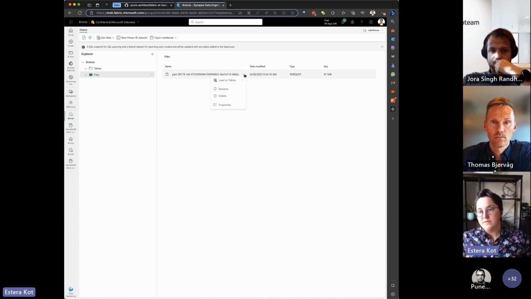That's why there is one feature that I really recommend you to use. If you code, you can do that from the code. If you don't, you can use it just as an option here. And the feature is load to tables, load to Delta, load to tables. So basically, this feature is transforming the files into the form of the Delta table.